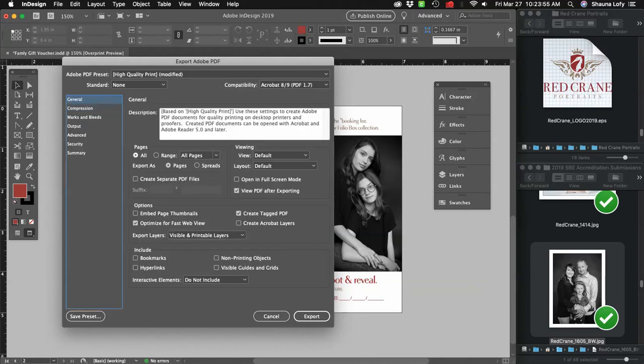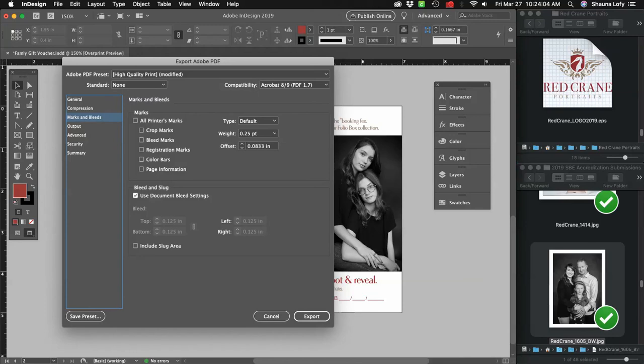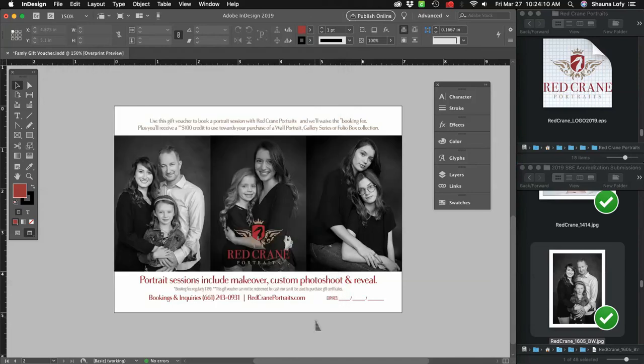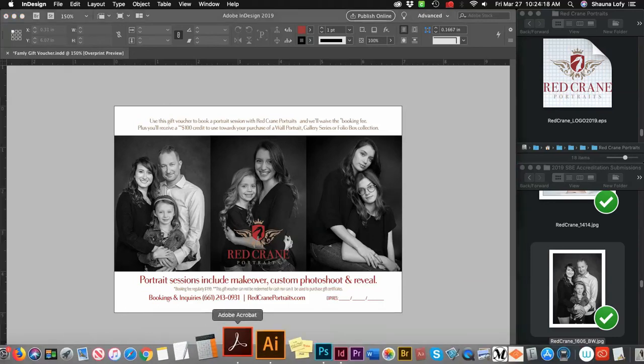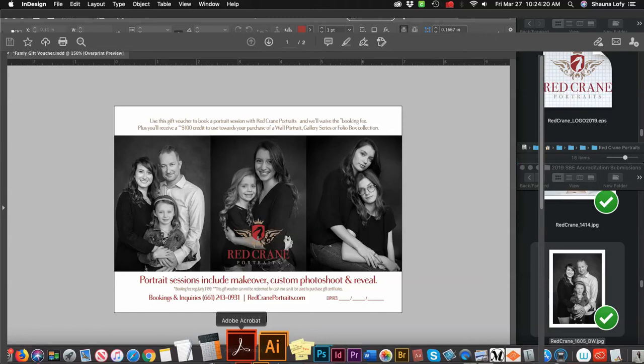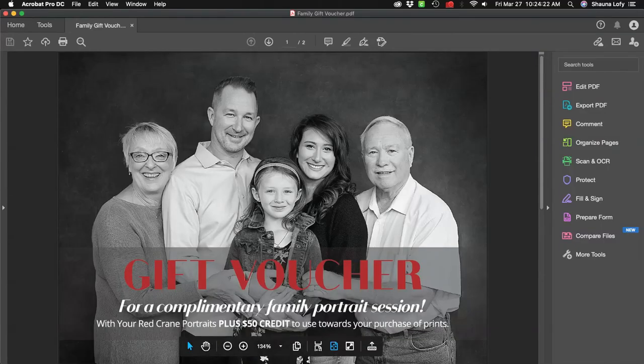Everything else should be the same as the last export, so all pages, but page size. And then marks and bleeds, make sure you have at least your bleed setting there, and crop marks if needed for the printer. And click Export again. So it's going to run the export of our files. It's going to then open up again in Adobe Acrobat. And as soon as that's done, see it's launching Acrobat, and it's going to show us, there we go,